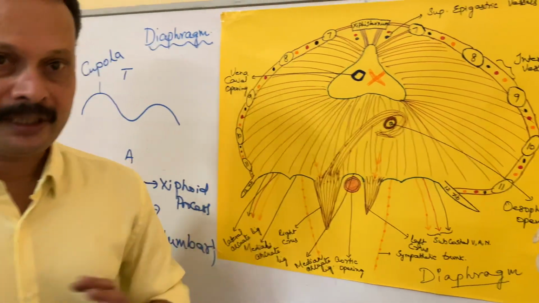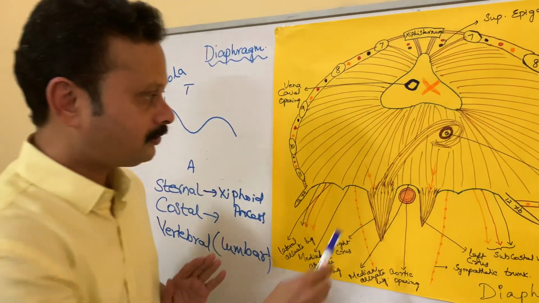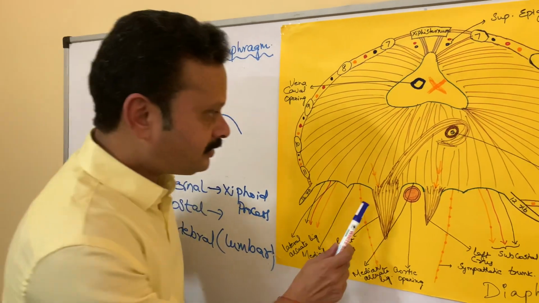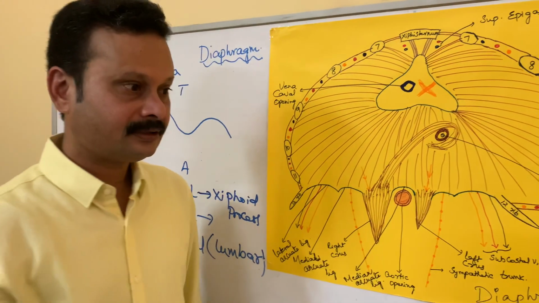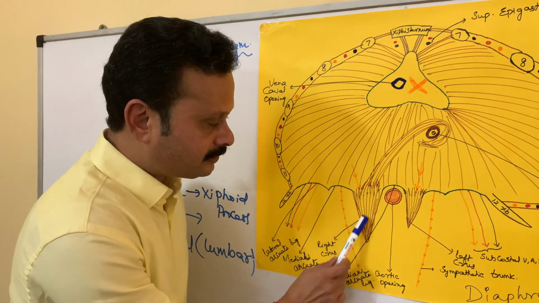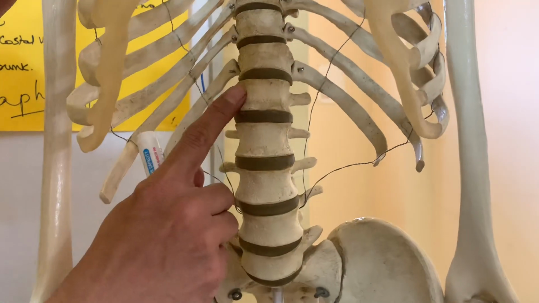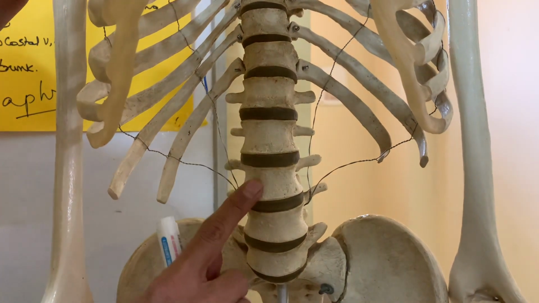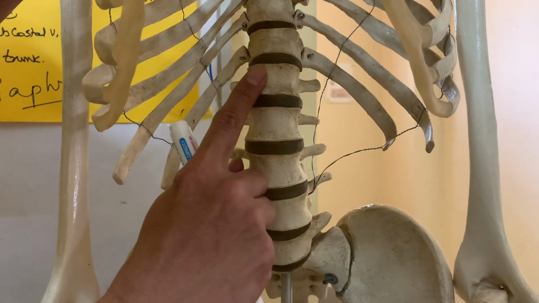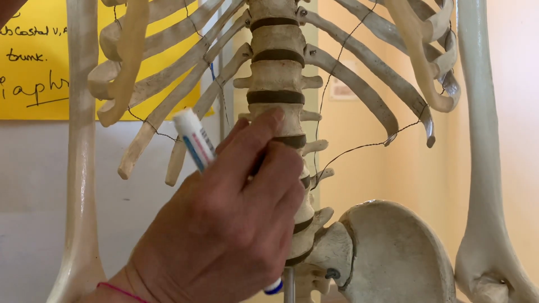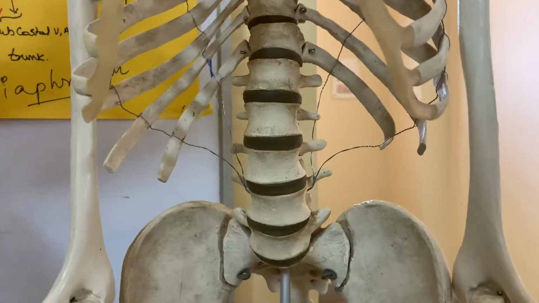Coming to the crura, or the crus. From a pair of crura it is taking origin; individually we call it a crus. So the right crus, left crus. This right crus is larger than the left crus. This right crus is taking origin from the anterior surface of the right half of upper 2 or 3 lumbar vertebrae, like this from here. This is L1, L2, L3, L4, L5. So somewhat like this, the right crus is taking origin.